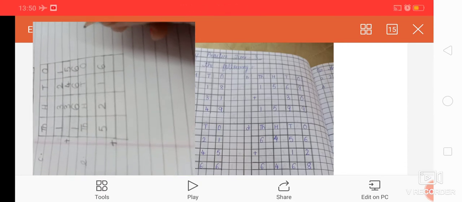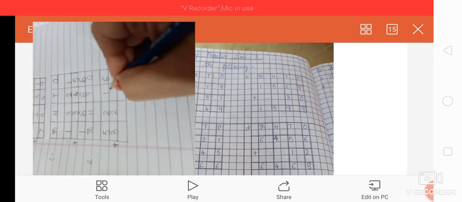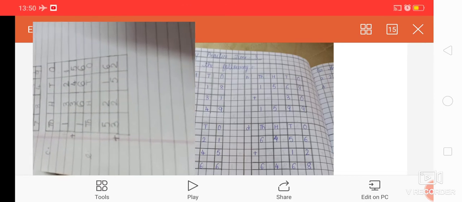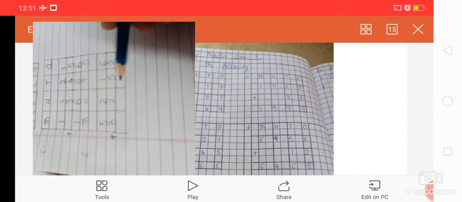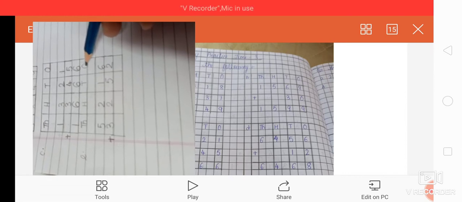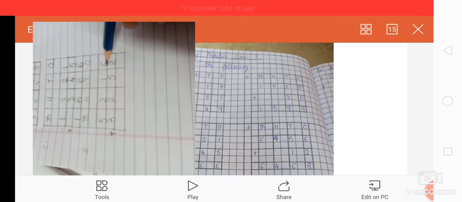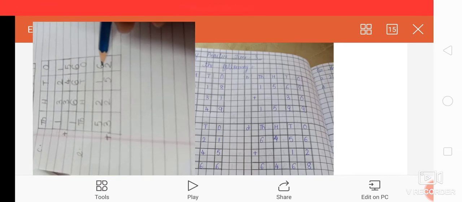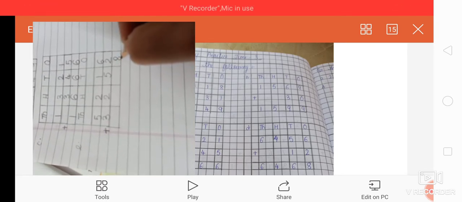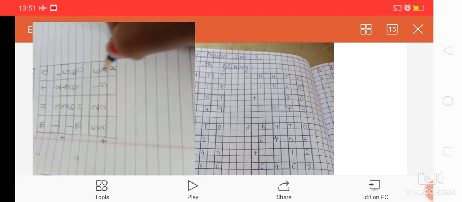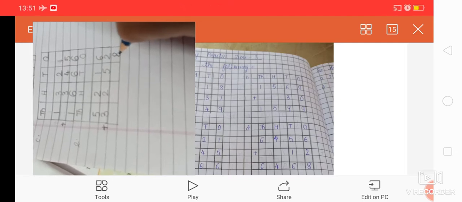Then the number in the second column is 3252. We add vertically, that is, in the standing line. When we add the numbers on the ones place, what do we get? The numbers on the ones place are 6 plus 2. So how much is 6 plus 2? 6 plus 2 is 8. When you count on your fingers, 6 fingers and 2 fingers, you get 8.